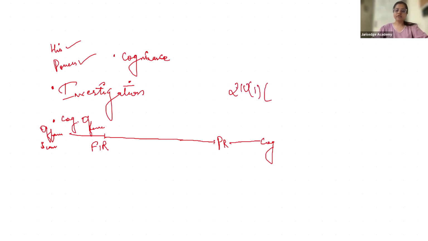Which is the clause on which the magistrate takes cognizance on a police report? 121B. Very good. So then the magistrate takes cognizance, then the issue of process happens,